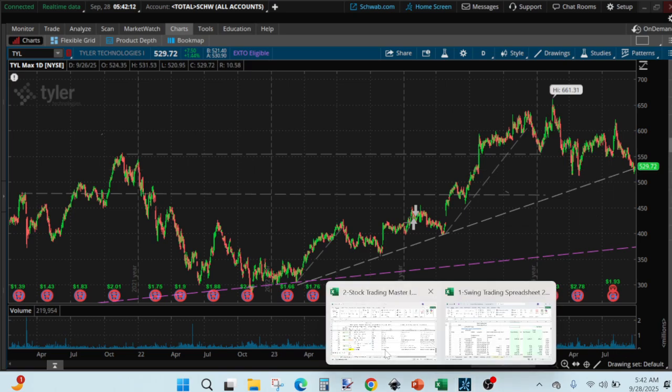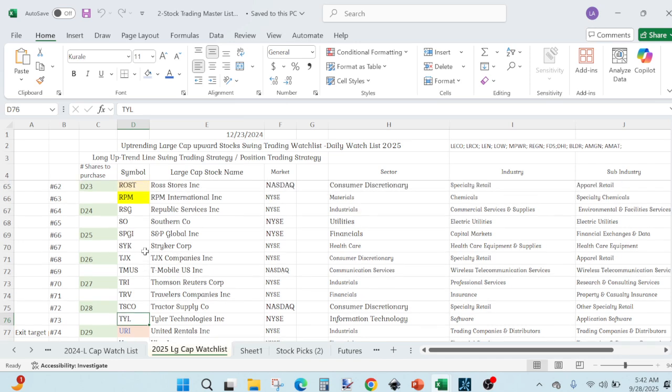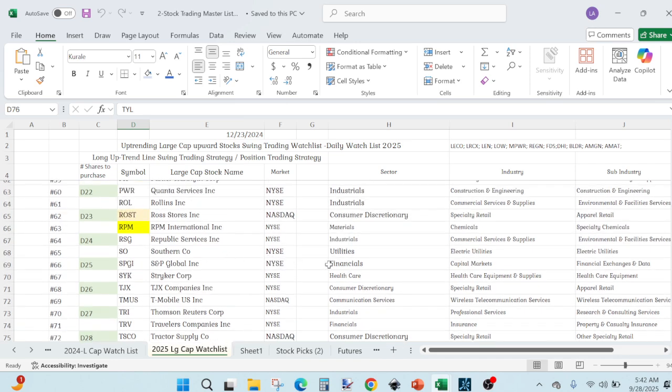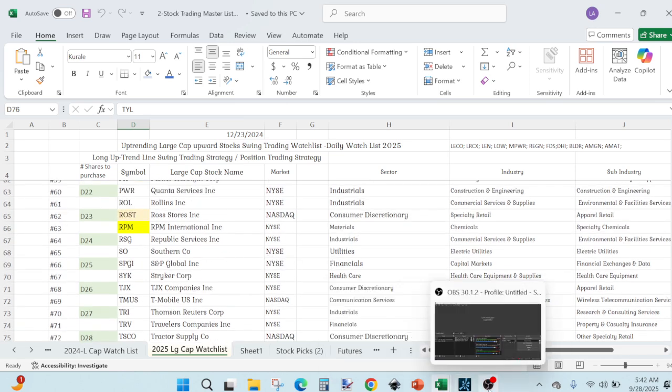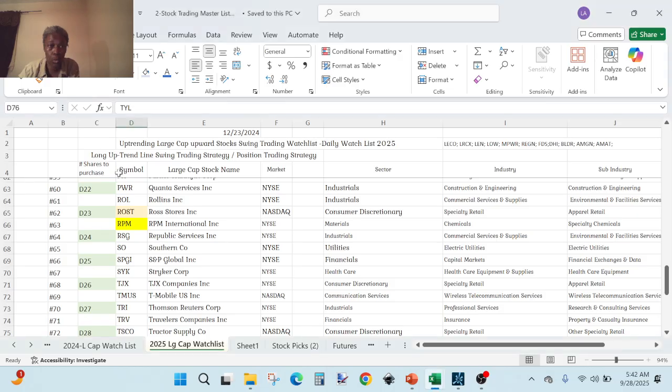But again, having your own watch list, that is a watch list you are going to be analyzing on a daily basis. If you can analyze it on a daily basis, that is good. But with large cap stocks, even if you don't analyze it on a daily basis, they do not fluctuate too quickly. So some weeks later, you can still see the stocks around the same area that you are targeting. So you have the flexibility, when you have a busy schedule, to